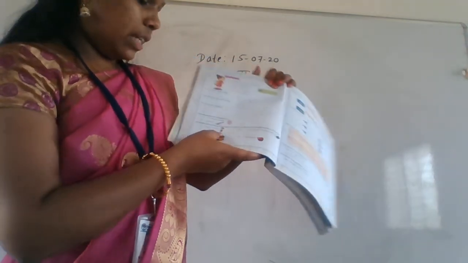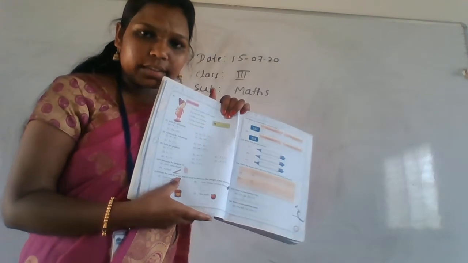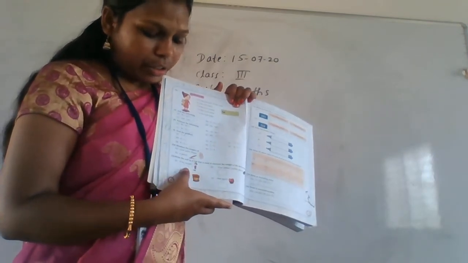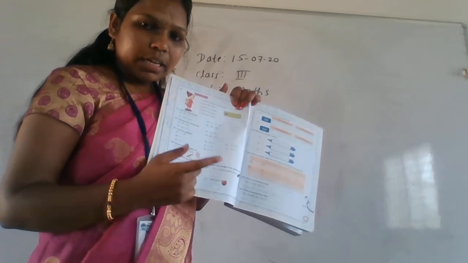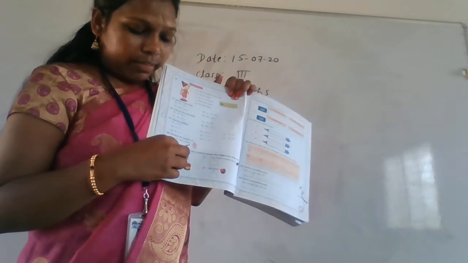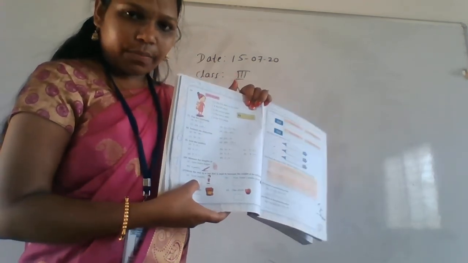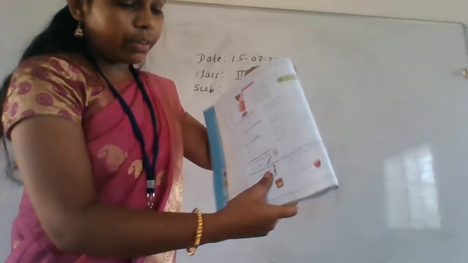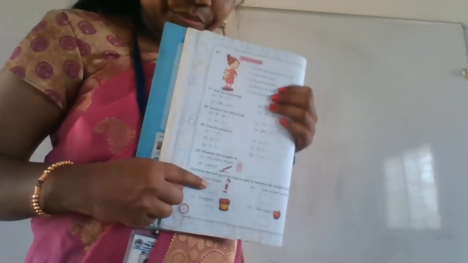Okay, first one is your weight. That is nothing but a human being's weight. In which measure can we measure the weight? Kg or gram? Obviously it is kg. For the weight, you have to write kg. Write in this box. Is everyone seeing your textbook? See here, here you have to write kg.